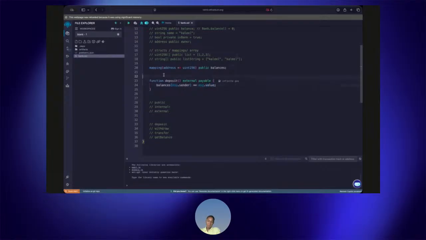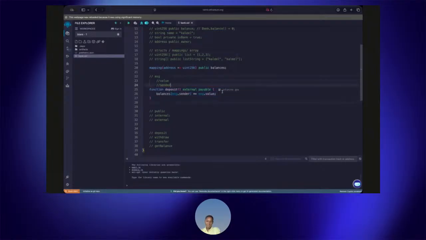So we have a global variable, or in this sense struct, which is message, and on this message we have value, we have sender, and this is just a way of getting some predefined things. So when the user is trying to call this, the message.sender will be the person trying to call the function, and then the message.value will be the amount being sent with this transaction.